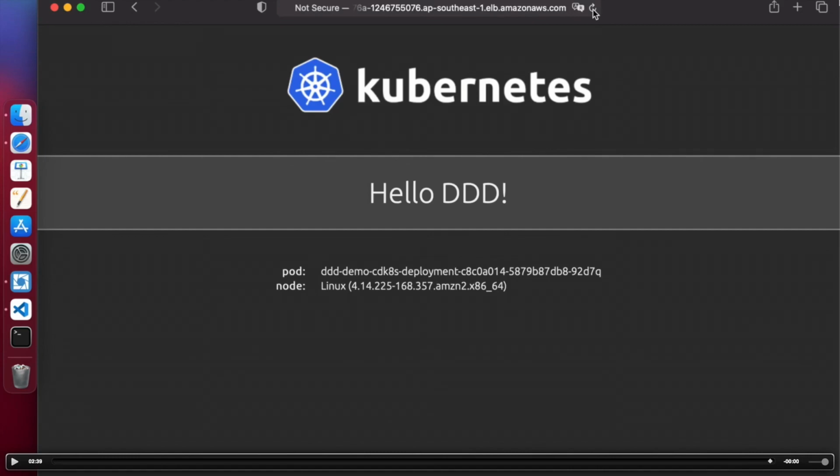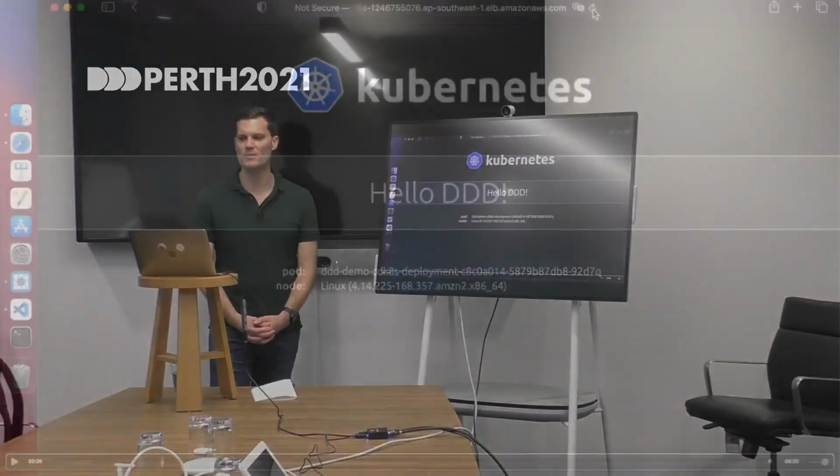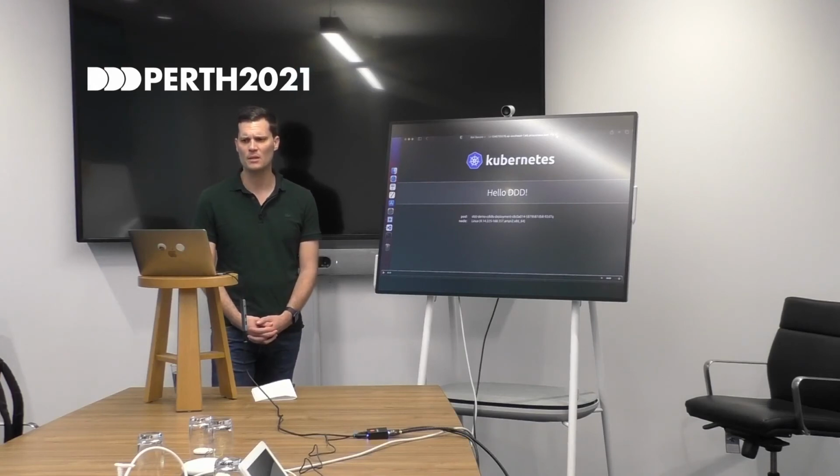So in this demo, I showed you how much easier it is to spin up a Kubernetes cluster on AWS with CDK and to deploy workloads with CDK8s, especially when compared to writing CloudFormation and Kubernetes YAML manually. This process addresses the problems with YAML that we learned about earlier in the talk. The demo also gives you an understanding of how Kubernetes works on AWS in conjunction with the serverless compute engine Fargate and the application load balancer. So if you are using AWS but not CDK, or if you are using Kubernetes with YAML manifests, I hope you will go home and deploy my code to try it for yourself.